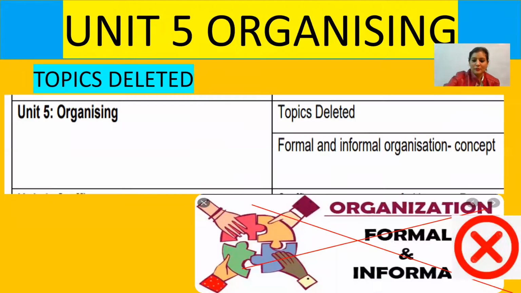Planning process. And chapter 5, formal, informal, deleted. And the most important topic, where we lose our marks every year, is delegation, decentralization, centralization. If you close your fist, this is centralization. When you keep all parts with you, this is centralization. I-centric: I will do, I will take the decision, I will handle the situation. And when you open your fist, this is decentralization, when you give power to your subordinates. When you give power to your subordinates, you divide duties and responsibilities. This is decentralization. Revise these topics thoroughly.